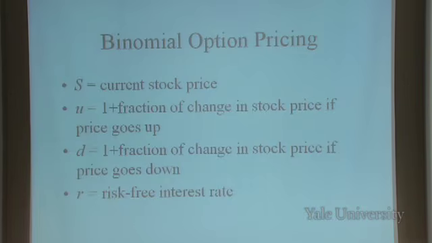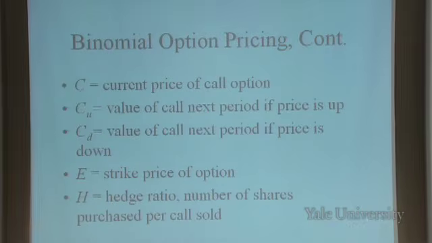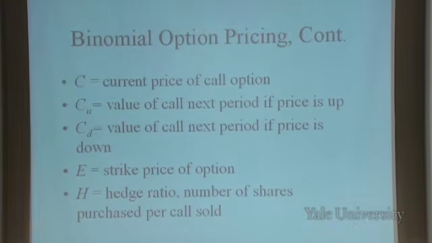It's just like there's this very funny stock that we know for some reason, we know that S is the price today, and next period, when the option exercise date is, its price is either going to be S times U or it's going to be S times D. Okay, and then there's an interest rate, and we can both borrow and lend at this riskless interest rate. So what should the option be worth? Okay, so in this case, I'm going to call C the current price of the call. Today, this is before the exercise date, so the price of the call is going to be worth more than the intrinsic value.